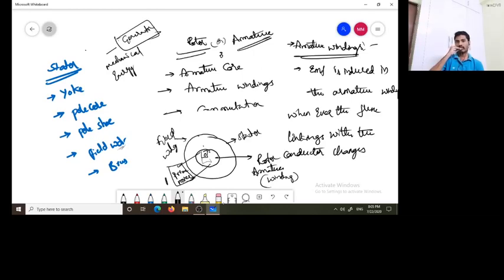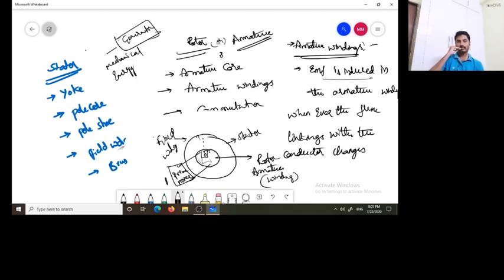So whenever we are giving a field excitation to the stator winding, what happens? The current will be passing into the field winding, and the flux will be produced in the field poles, and that flux will be uniformly distributed into the rotor and links with rotating armature conductors. According to Faraday's laws of electromagnetic induction, EMF will be induced in the armature conductors. So with the help of armature windings only, the EMF will be induced. This is the necessity of these armature windings.